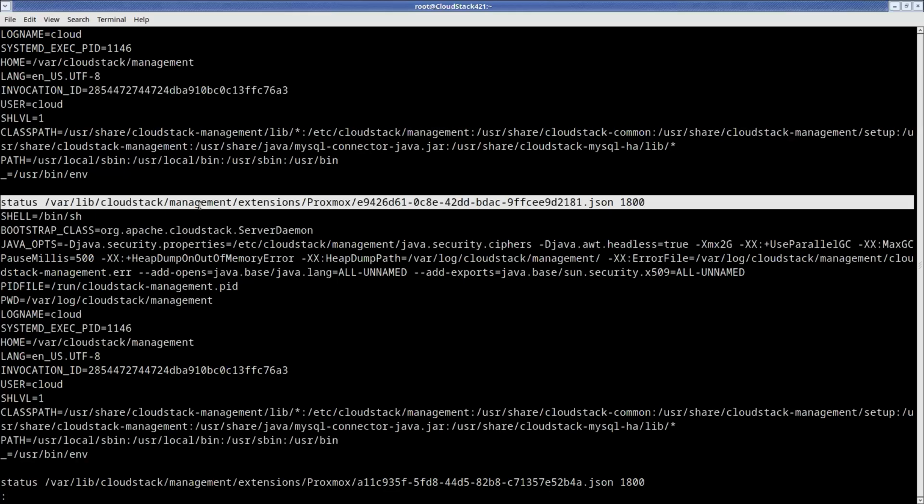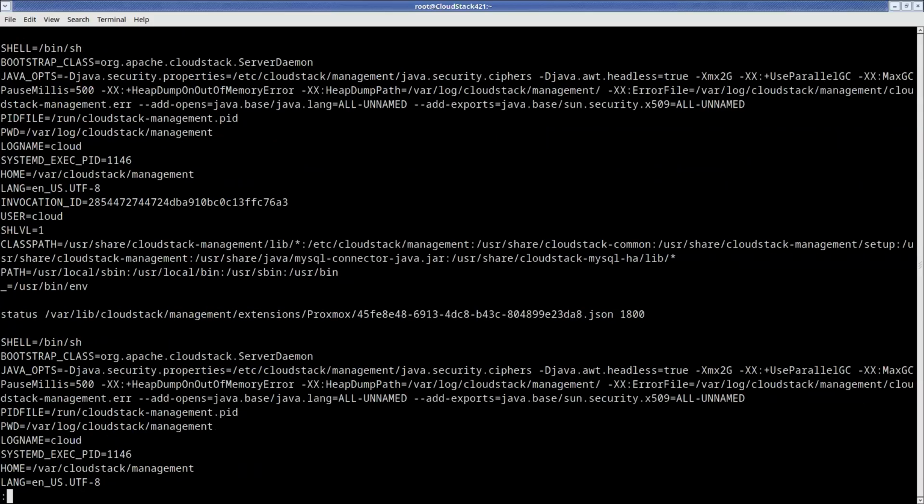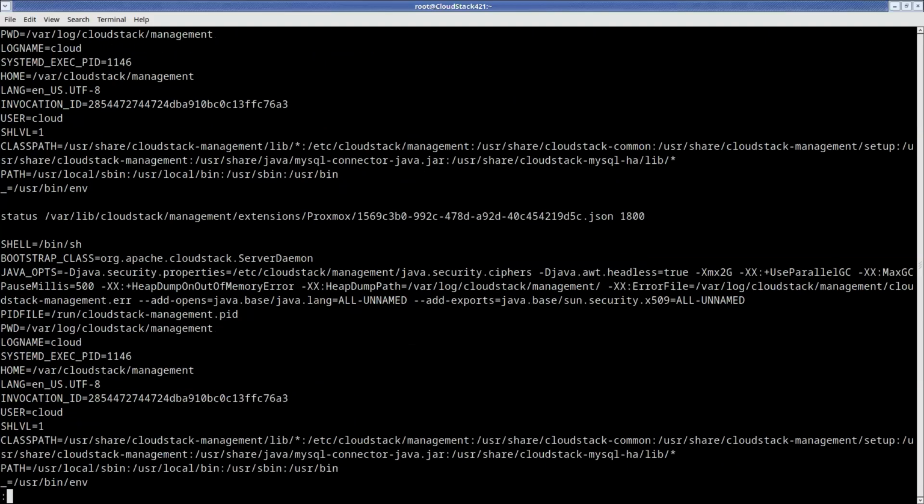The command that gets executed from CloudStack's point of view just checks the status. Then the payload with information that the extension needs. And then at the end we have this 1800, which is, I think, the timeout that this operation is to complete within. And if we look, of course we have more of these kinds of commands, and I saved one of these JSON files,